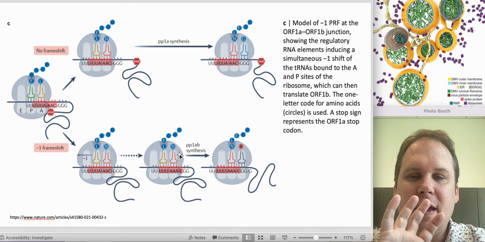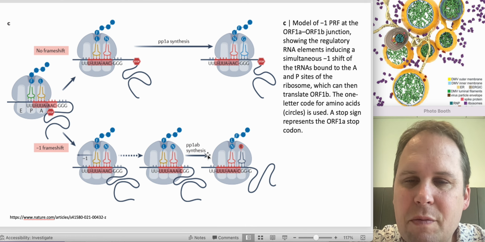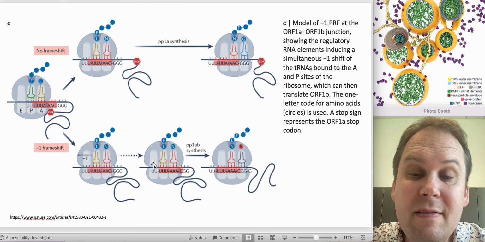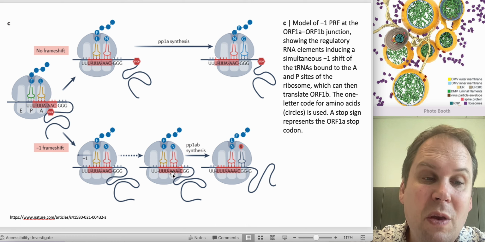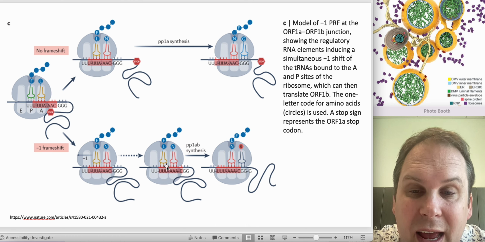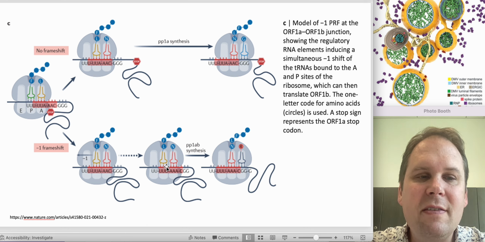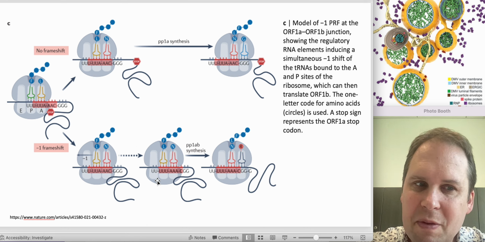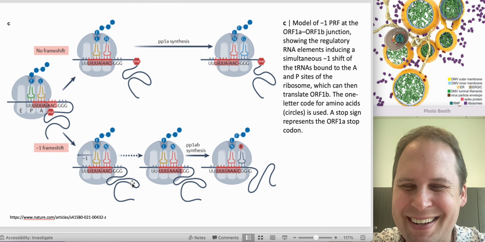Then we're going to run into the frameshift signal. The pseudoknot wraps around the back of the ribosome, and it's going to slide it back. The tRNAs stay inside. And so this one, which should be binding UUA, is now binding UUU. We've drawn a little line there, but actually that line should be erased because that is a mismatch. That is not a good base pair, because you can't base pair both with A and with U. It's not how nucleotides work.